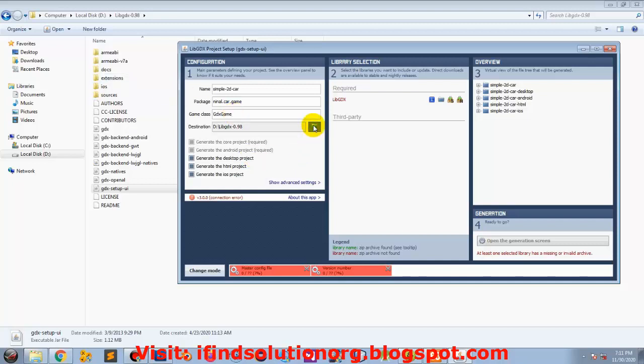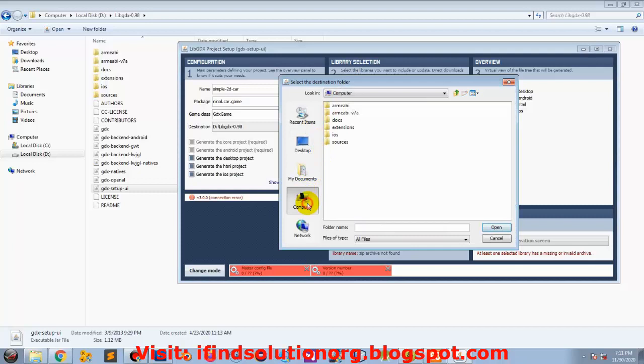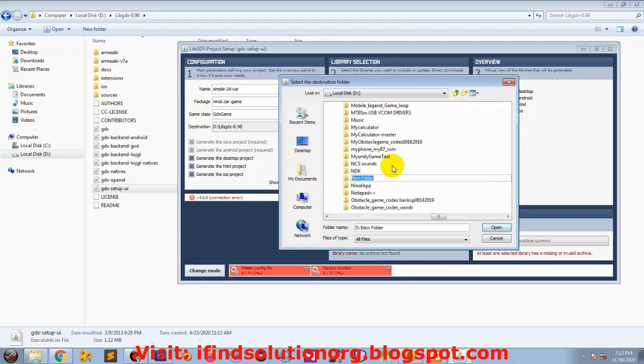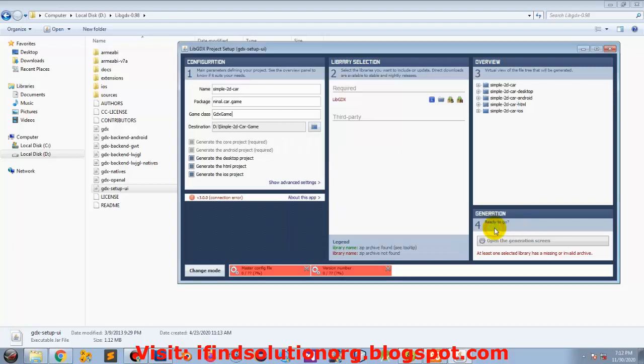And the destination, put it to D, or you can put it to desktop, it's up to you. As for mine, I will put it to D drive. I will create a new folder and name it simple 2D car game. Simple 2D car game. Okay. Open, and we'll just